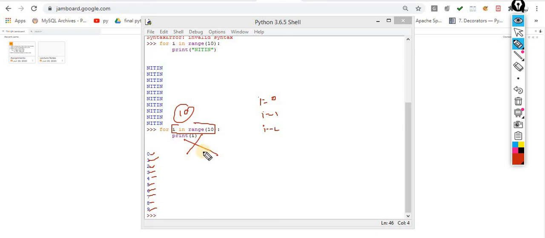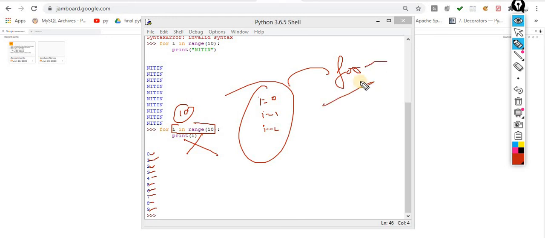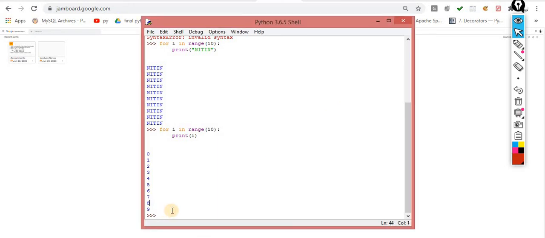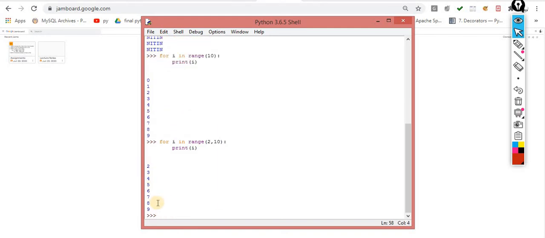Okay, sir, this time you said I had to take 10 steps, but where is the concept of the for each loop that you already told us? Okay, wait a second, I am moving to that concept as well. First, let's play with it a little bit. This time I am starting from 2 to 10. 2 to 10 means my iteration will start from the second position and go up to 9. So how many iterations will I perform? This much amount of iteration I will perform.